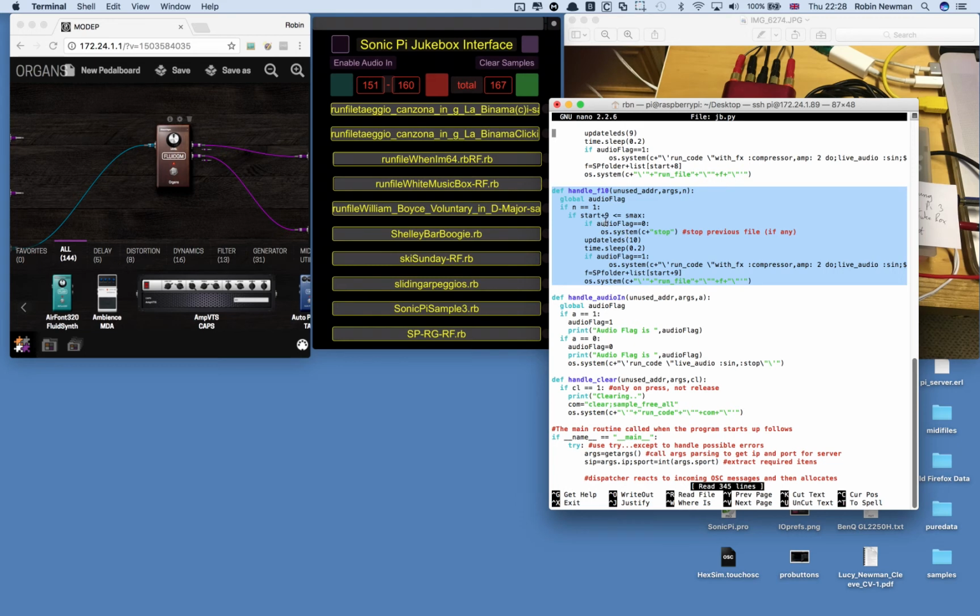Yes. So it's then going to say, is the audio flag 0? If it is, it's going to send a stop command to stop any previous file playing. And that means that I can just go around pressing one button, then another, without pressing stop in between, if they are normal files. I can't do that if audio live is on, because the way we use audio live,